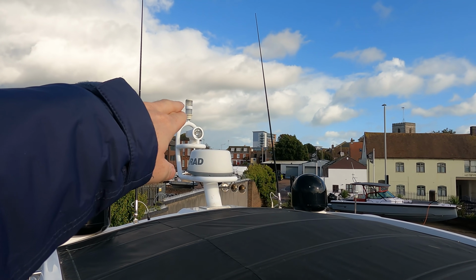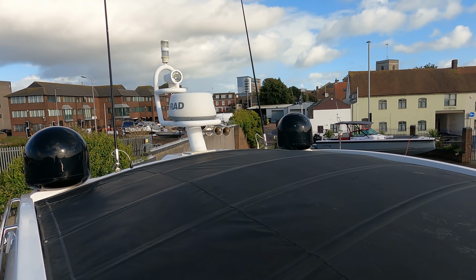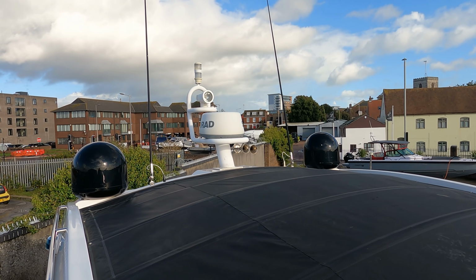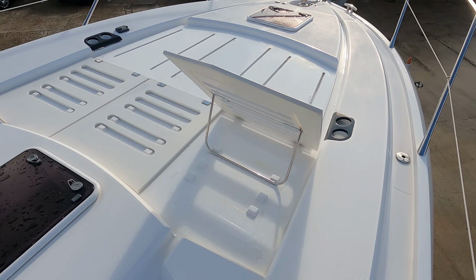And then up top we've got a single Sanshin remote spotlight, twin stainless steel trumpet horns, 24 nautical mile 4G broadband radar. And then up on the foredeck we have the option for the